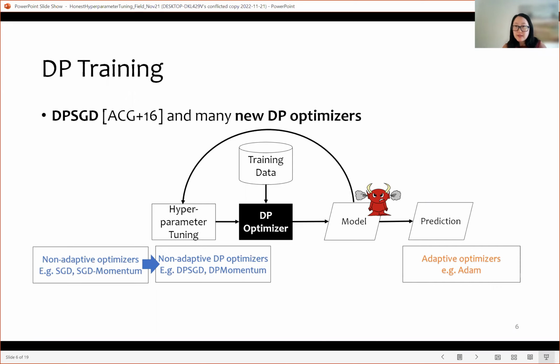Those optimizers can similarly be adapted to the private setting by using gradient clipping and noise perturbation methods, which is really nice. There are so many possible choices of DP optimizer that we can plug into our machine learning pipeline and make use of, right? But